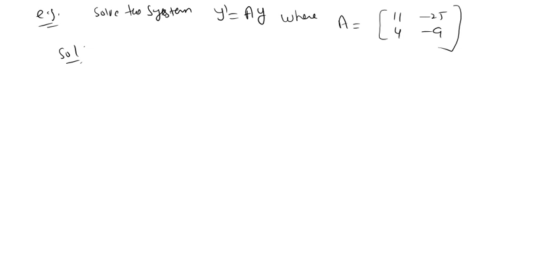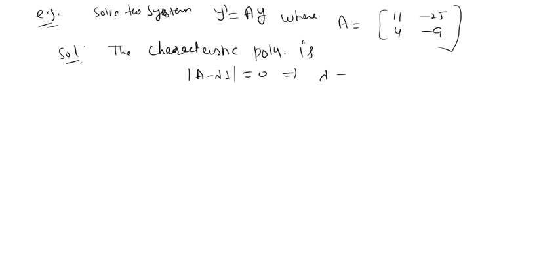Okay, we did this many times. So firstly you find eigenvalues. You write the characteristic polynomial, which is determinant of A minus lambda I equal to 0. So this will give you lambda equal to 1 and 1, so lambda minus 1 squared. Okay, so you have a repeated eigenvalue with multiplicity 2.